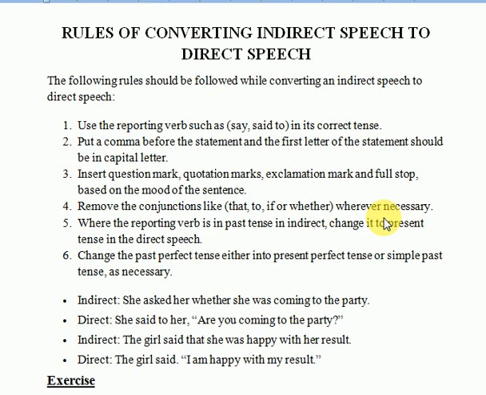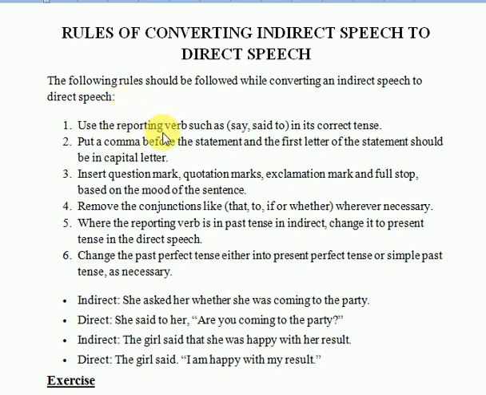With the help of examples, I will also take up an exercise of mixed sentences, and I will help you practice changing the narration from direct to indirect and indirect to direct speech. So firstly, we will start with changing the indirect to direct speech. The following rules would be followed.